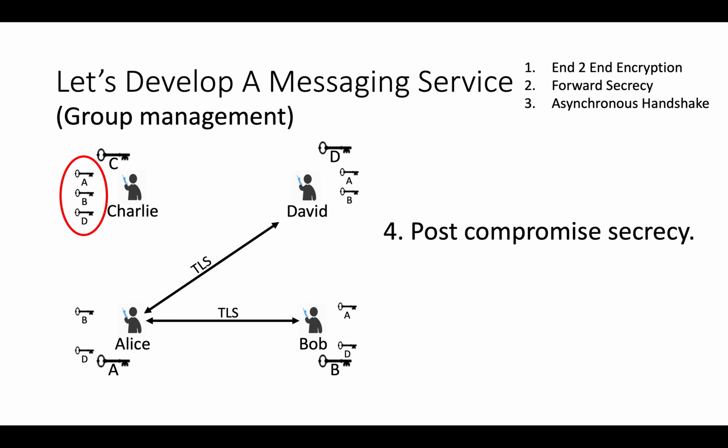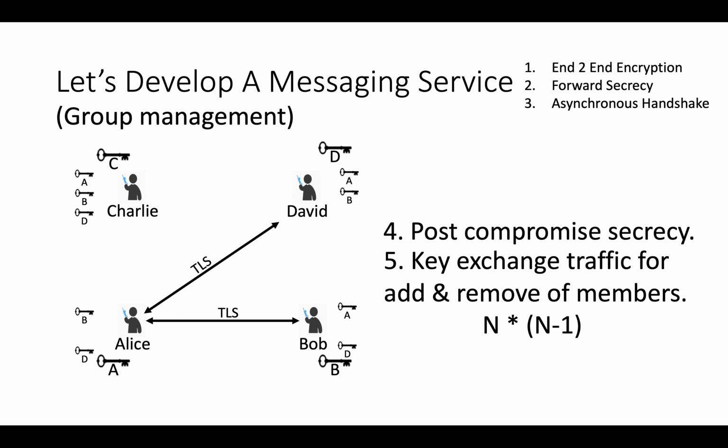One solution is that when someone gets removed from the group, all users re-exchange keys with the others. Consider 201 participants are in a group. We are removing one participant from the group. So everyone has to exchange keys with the other 199 participants, which means traffic on the server will be 200 multiplied by 199 requests. So here is our final problem statement: key exchange traffic.